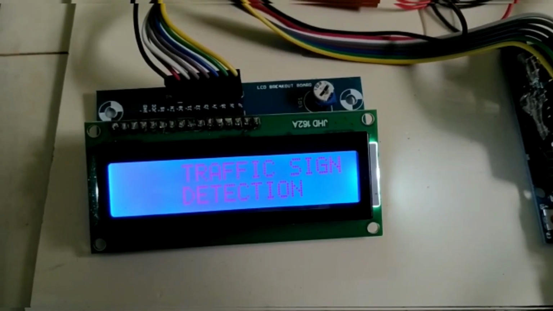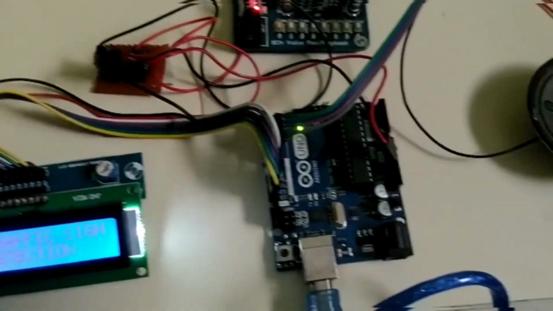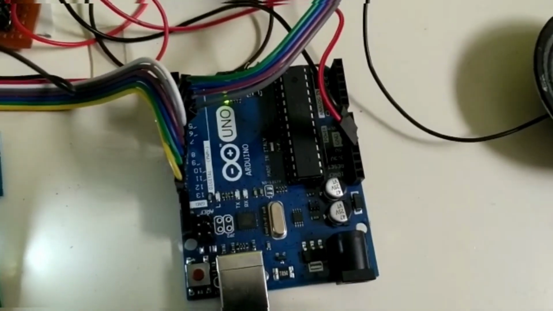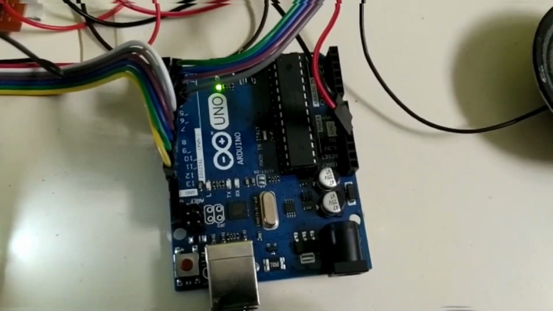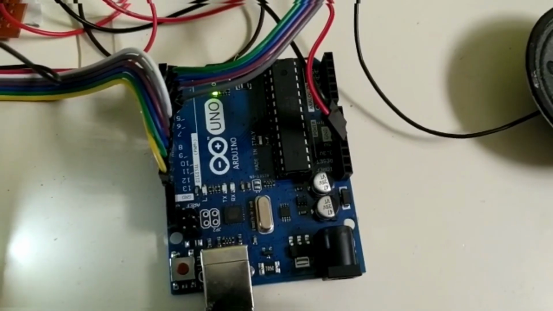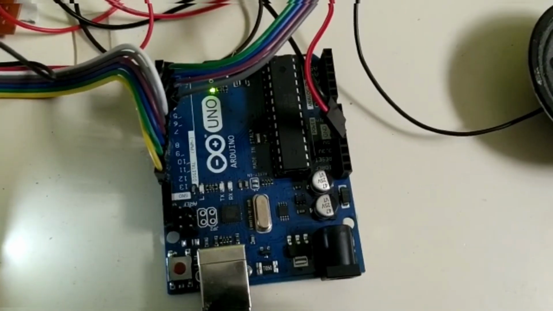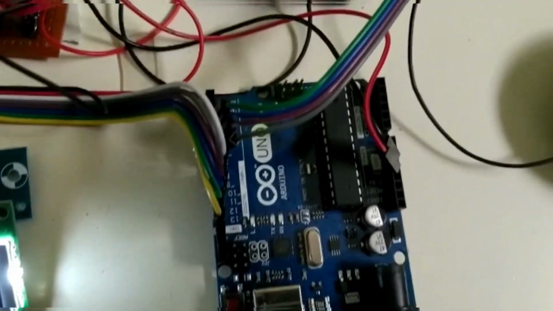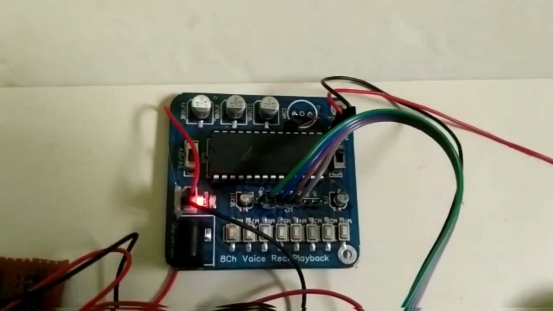We display these to the user, and we are using the Arduino. Arduino is an open source hardware and software company, project and user community that designs and manufactures single board controllers. It is the controller we are using for our project, and we are using the APR kit for